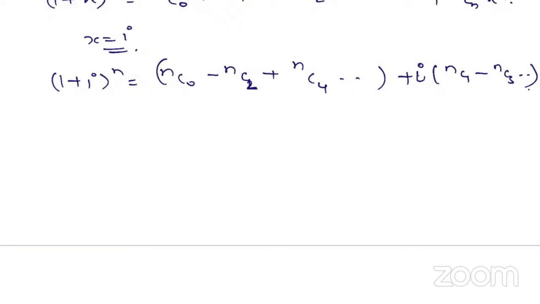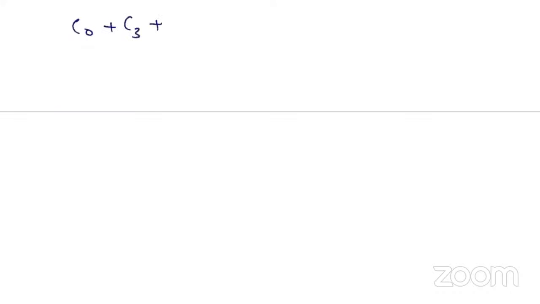ये एक्सपेंशन होता है, और इसमें थोड़ा सा आपको कॉम्प्लेक्स नंबर पढ़ना पड़ेगा। इसका जो रियल पार्ट है वो इसके रियल पार्ट से इक्वेट करना पड़ेगा, इसे निकालने का तरीका रहता है। और इसका जो इमेजिनरी पार्ट रहता है वो भी इसके इमेजिनरी पार्ट से इक्वेट करना पड़ेगा, जिसको निकालने का तरीका रहता है जो आप आगे पढ़ोगे। लेकिन अभी क्यों बताया इसको, ये समझना। बहुत सारे क्वेश्चन मिलेंगे आपको जिसमें like C0 + C3 + C6 + C9, C0 में लिखना हो, इसका इनबिल्ट मीनिंग आप समझ के चलना कि this is nC0, nC3, nC6, nC9, right. ये सीरीज है और इसकी आंसर निकालने आपको, ध्यान से।